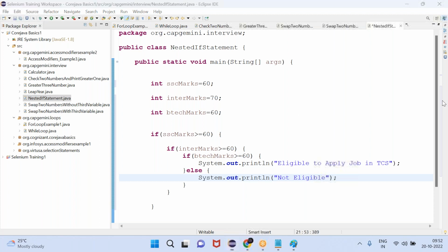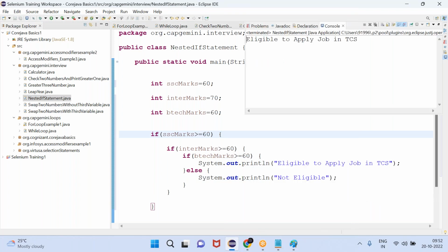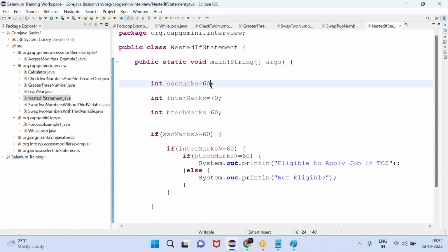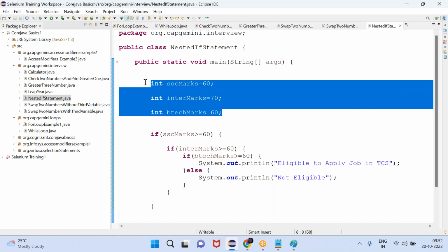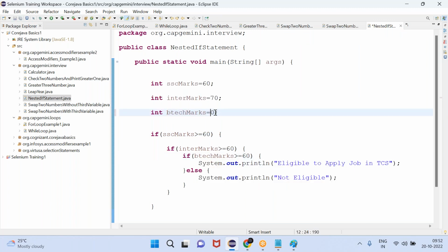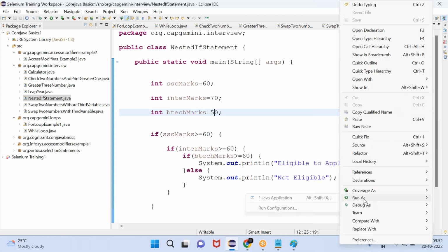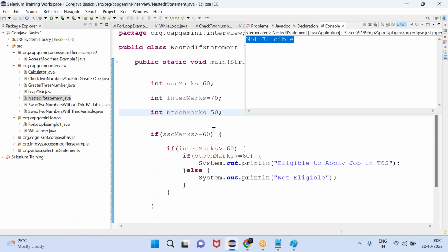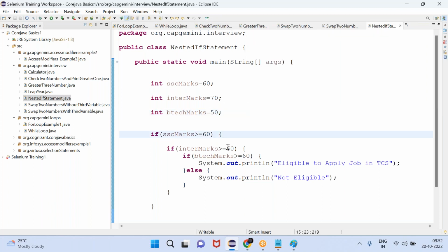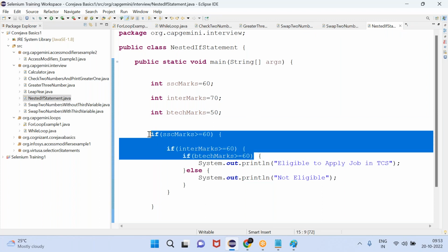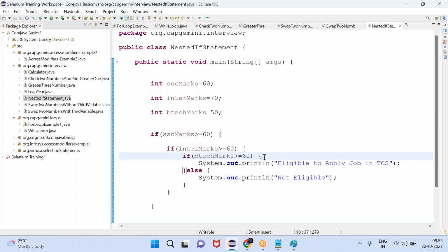If all conditions are true, then only it is going to print the output, otherwise it is not going to print any output. Now yes, you are eligible to apply for a job in TCS because you have the exact marks in 10th and BTech. Okay, unfortunately in BTech you have only 50%, what will happen? You are not eligible to apply for the job. You have the marks in inter and 10th as well, but they are not going to consider that. Must and should, you should have 60% or more in all academics. Like this, multiple conditions we are going to check. There we are going to use nested if statement. Okay, please practice each and every program whatever I